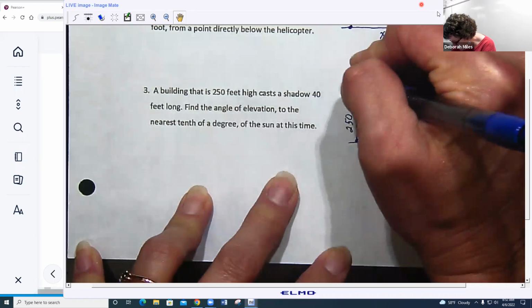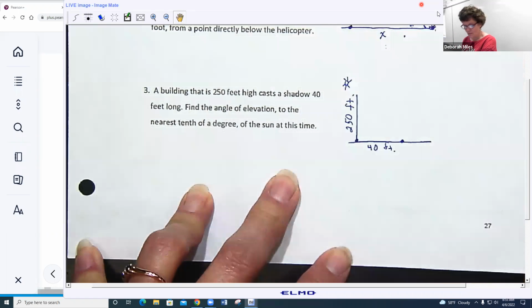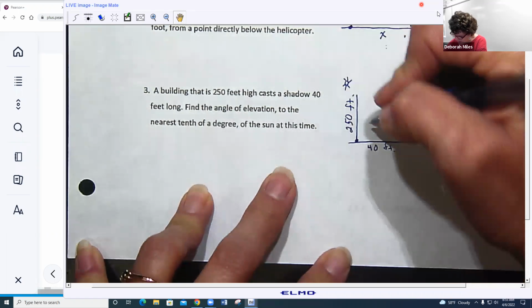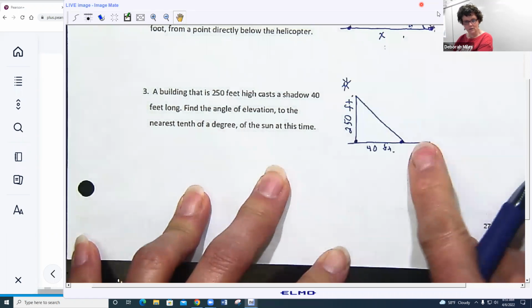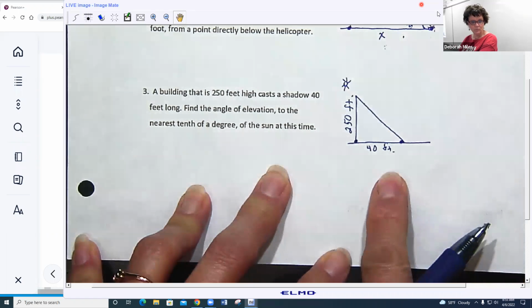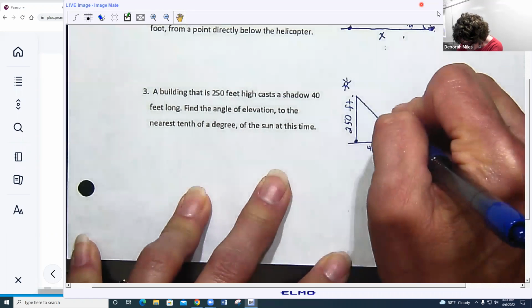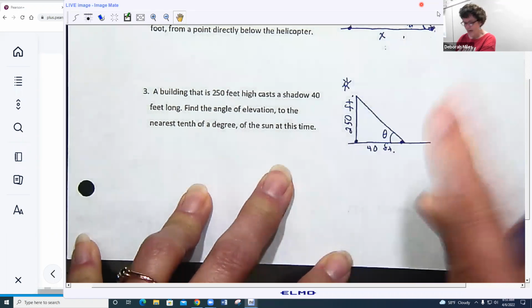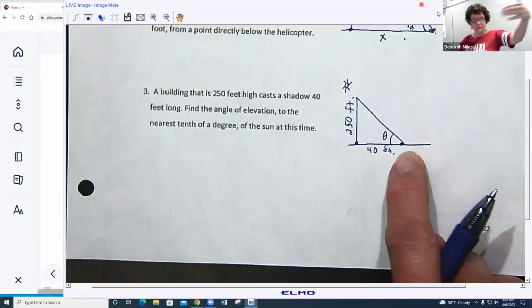So over here we have the sun, and here we have somebody looking up at the sun from the tip of the shadow. The angle of elevation is that angle at which the person's neck is craned to see the top of the